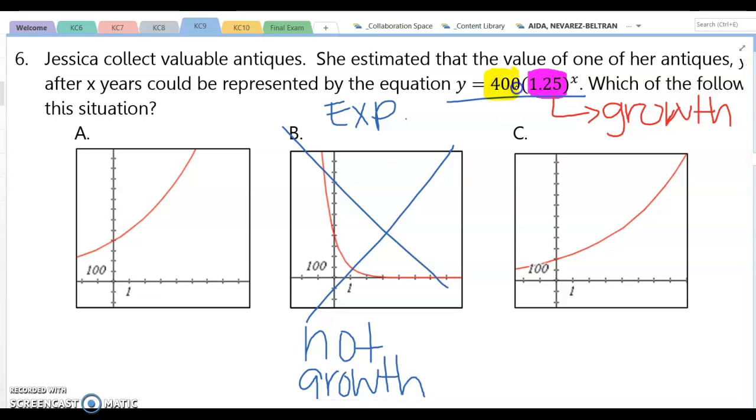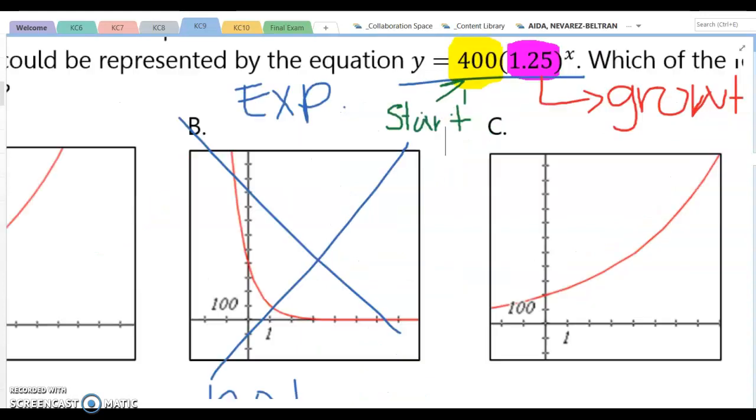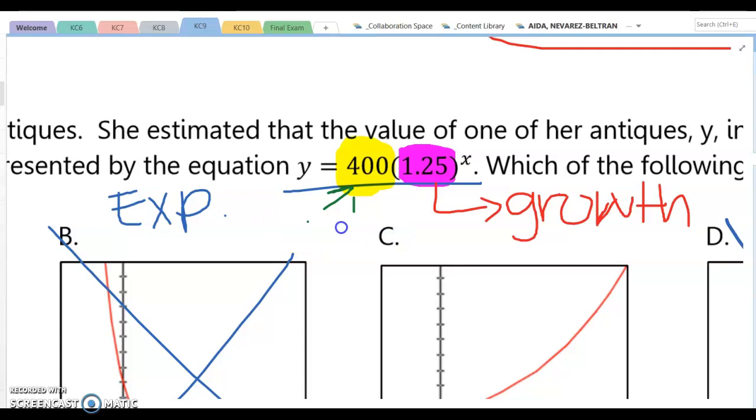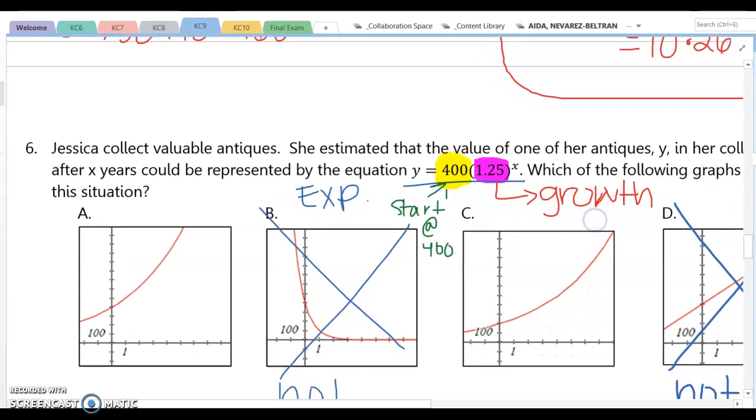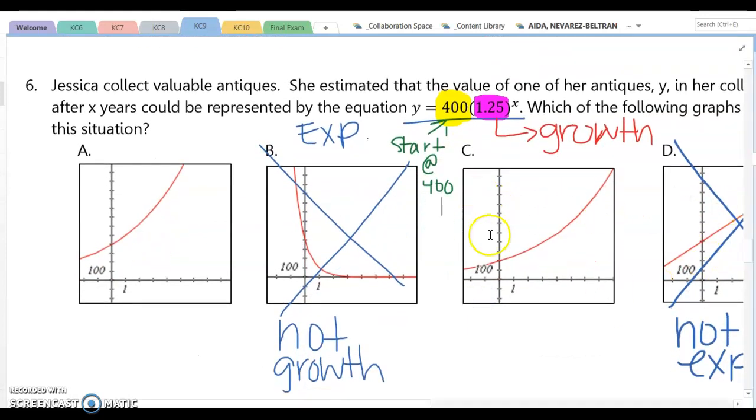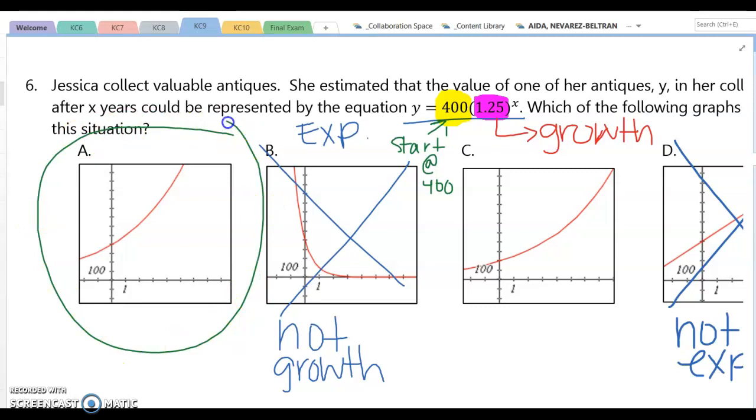So what we want to look at is this 400, because that 400 means that we start, let me zoom in here. That 400 means that we start, that is my dog. I love it. That means we start at 400. So we have to look and see between A and C which one starts at 400. So C starts at 200, A starts at 400. So we actually want A, right? Because right here shows us that we start